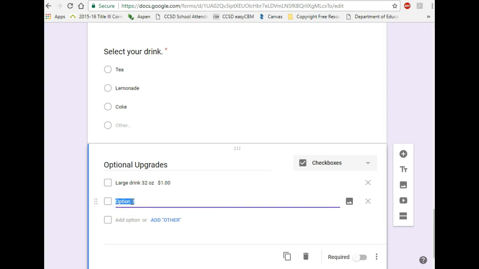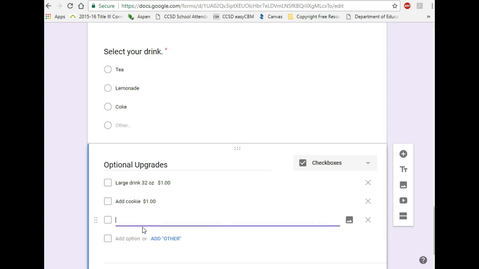Option 2 is going to be to add a dessert, so we'll allow them to add a cookie, and that's going to be $1 upgrade. And last but not least, we will allow them to make their sub a footlong, and that will also be an additional $1 upgrade. Okay,